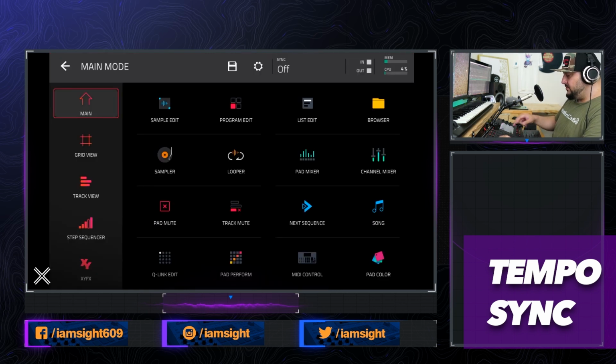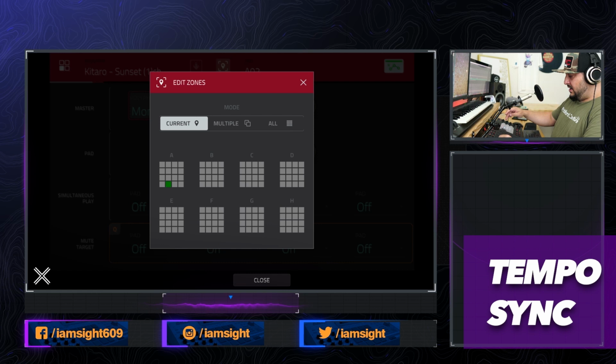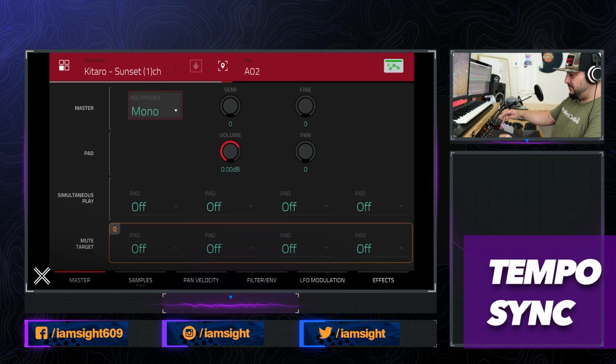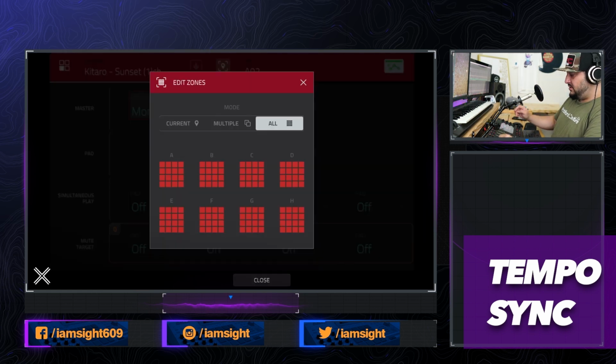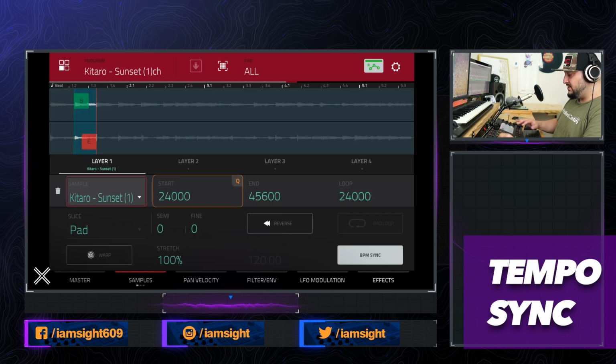And now what I'm gonna do is go into program edit. All right, and I'm gonna select all up here at the top where it says A02, hit all. And what that's gonna do is select all the pads. So whatever I do to one of these pads, it's gonna do to the whole program, each pad on the program. So I'm gonna hit warp,